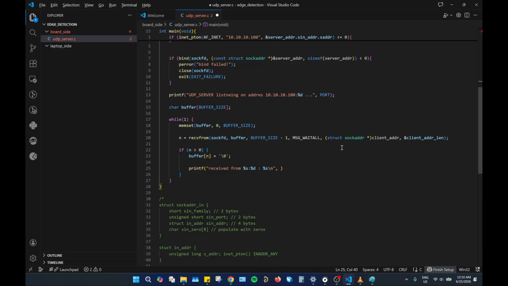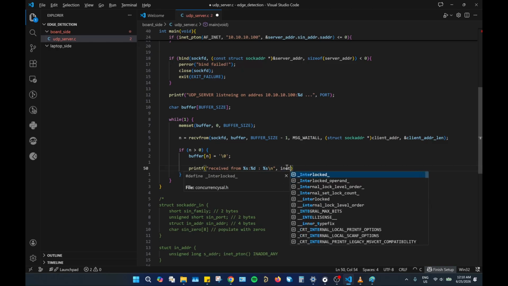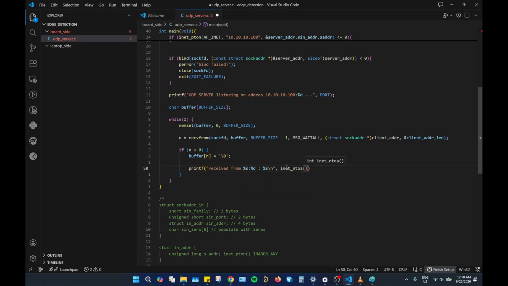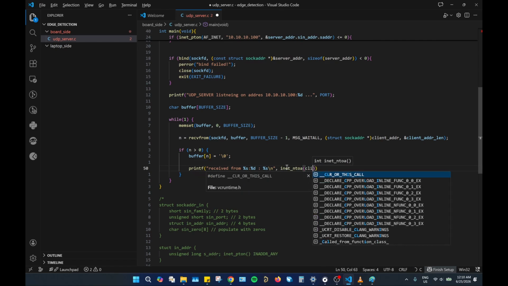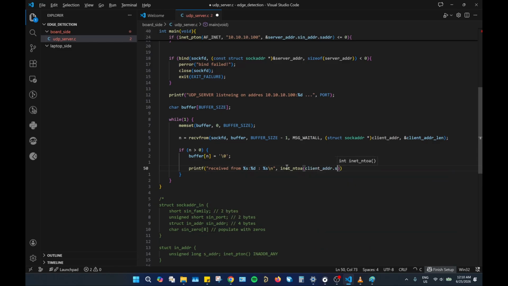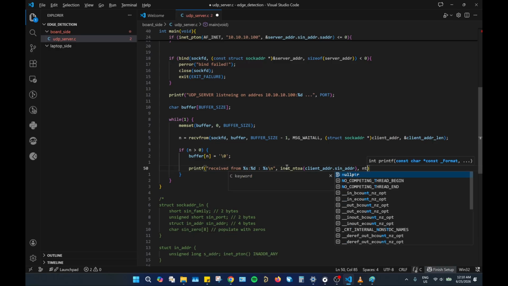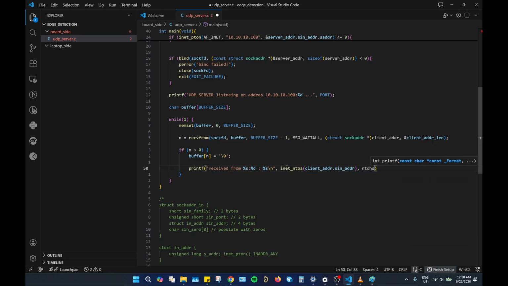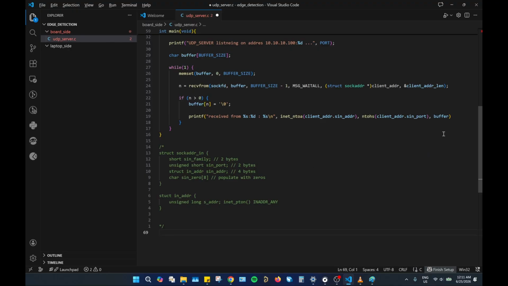For the address, inet_ntoa, and for the port number, ntohs, and for the actual data we receive, we just use the format of %s. All right, what the hell? All right,